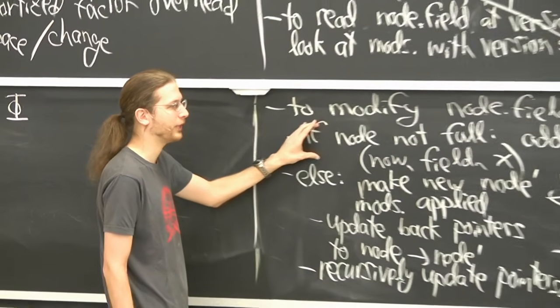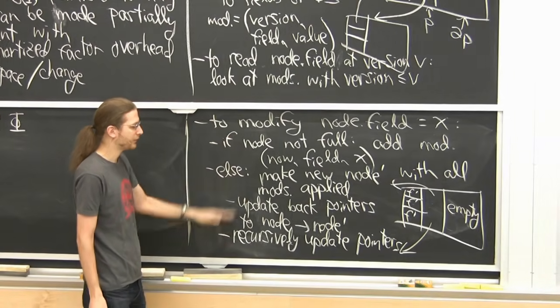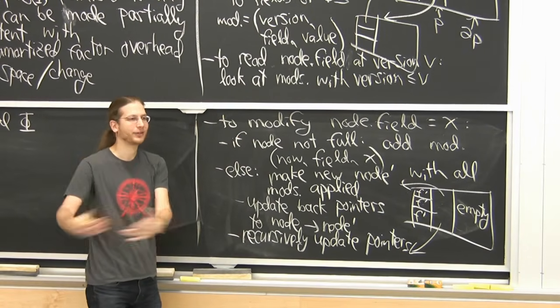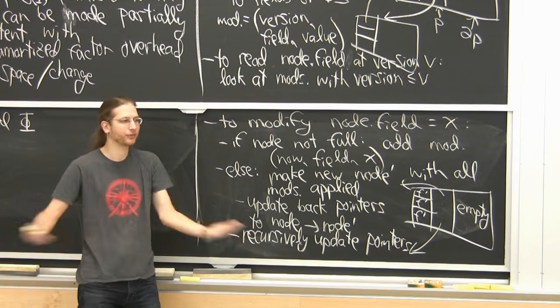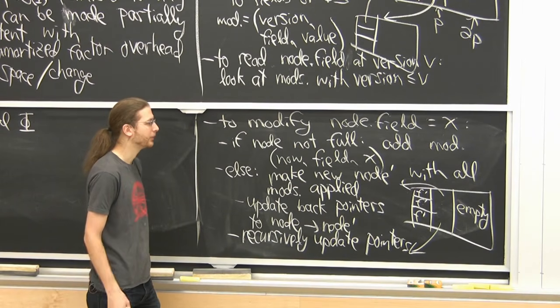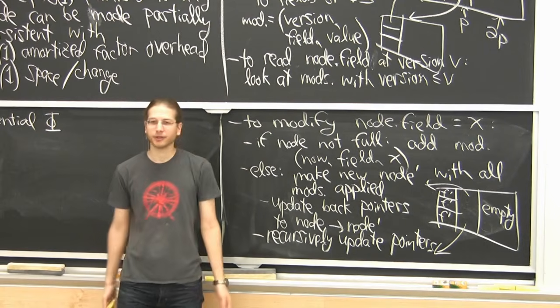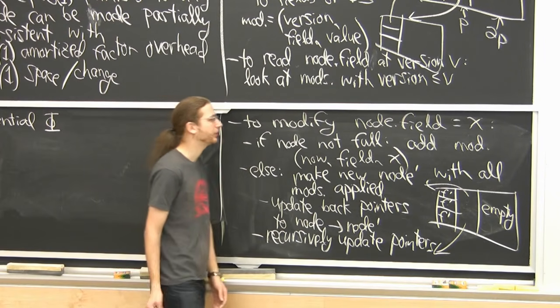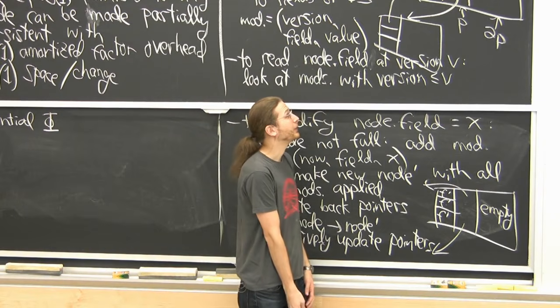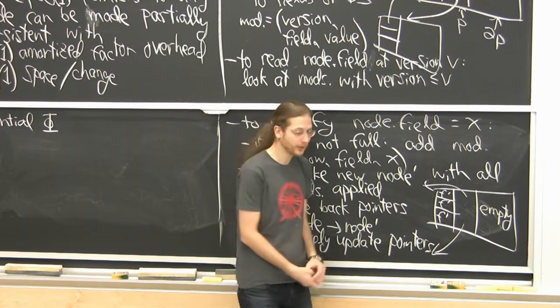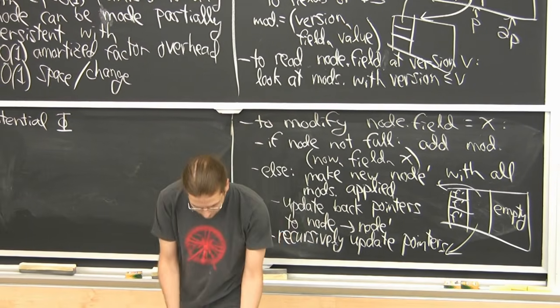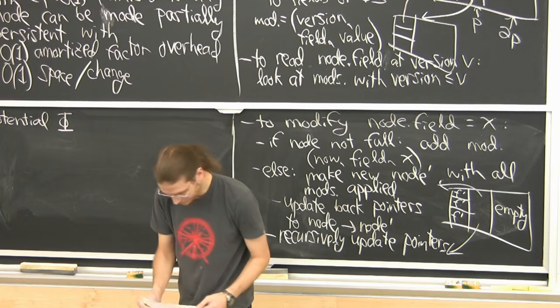We just add a modification, constant time. This case, not so nice, because we recurse, and then that's going to cause more recursions, and all sorts of chaos could happen. So there are probably a few different potential functions that would work here. In an old version of these nodes, I said it should be the number of full nodes. But I think we can make life a little bit easier by the following.